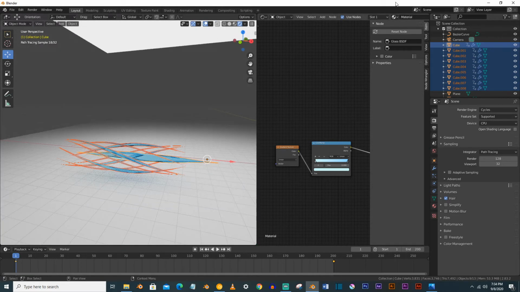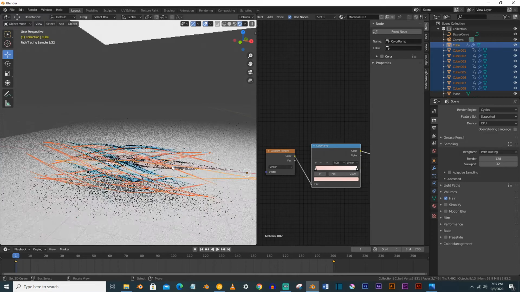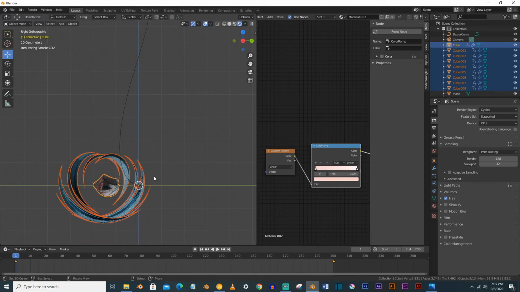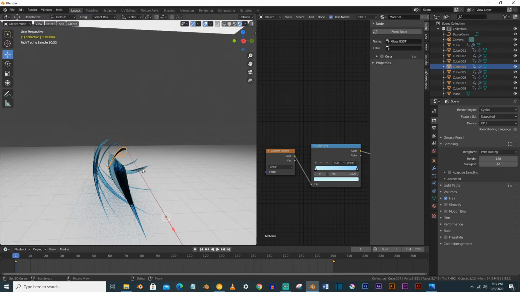And you can apply another material on this like this, and I will make it totally white. Not this one white, but I will make the other ones white like this.